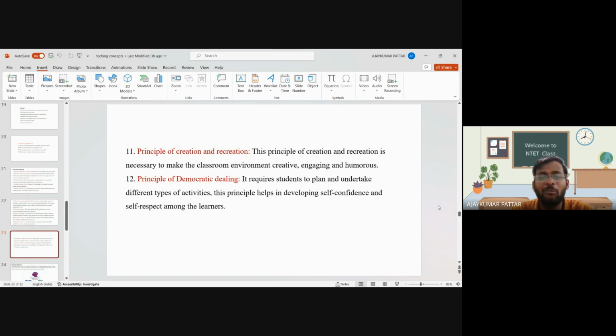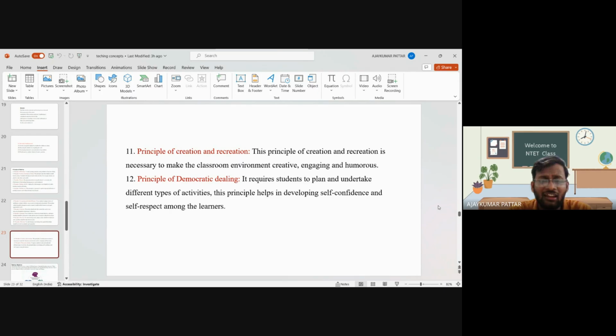Then principle of democratic dealing. It requires students to plan and undertake different types of activities. These principles help in developing self confidence and self respect among the learners. मतलब क्या है डेमोक्रेटिक डीलिंग? मतलब क्या है, हमने हर एक स्टूडेंट्स को